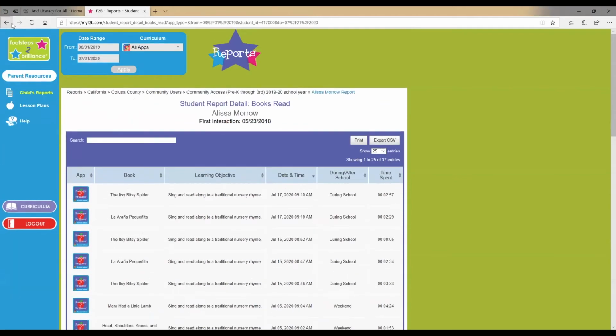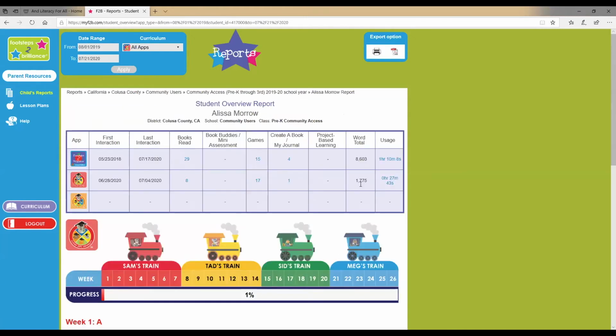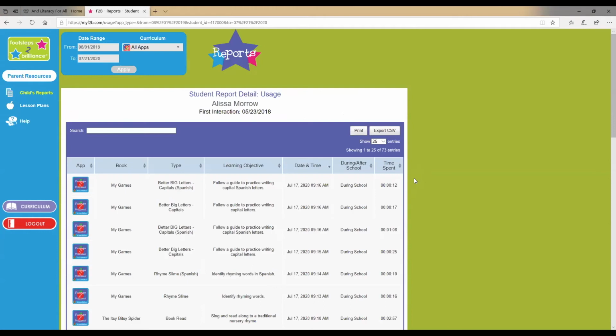Okay, so let's say we want to just explore one of the apps that our child has experienced. So what I'm gonna do is I'm gonna go ahead and click on my child's name, and it's gonna show me here information about Clever Kids and information about Footsteps to Brilliance. So we have usage here. So if I want to see everything my child has worked on for all of the apps, I will just click on usage here, and it doesn't matter if I click on this one or if I click on that one, because it will show me content for all of the apps my child has accessed.